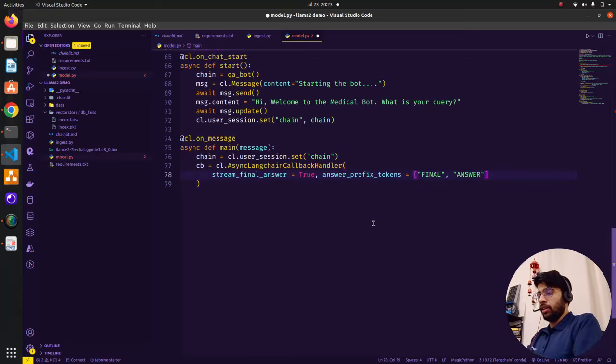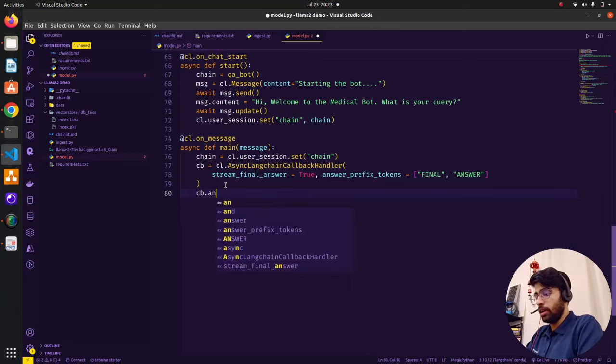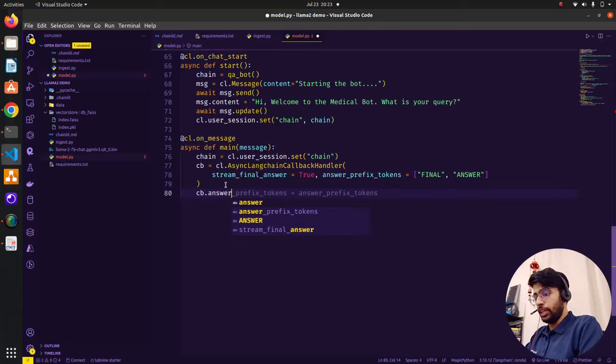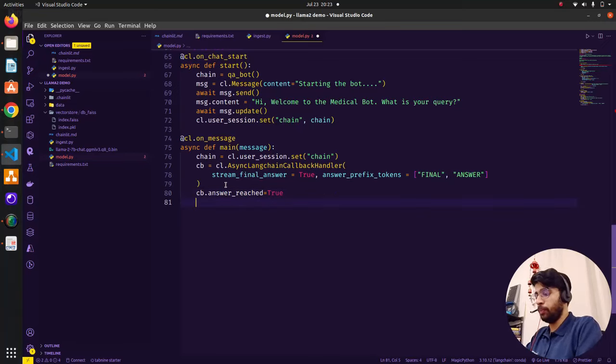And I think we are done with this. So now we have a callback handler which says stream final answer true, answer prefix tokens, final, and answer. Now what I'm going to do is, if answer is reached, so CB answer reached true, callback that answer reached is true, then print it, so result, and then await chain dot